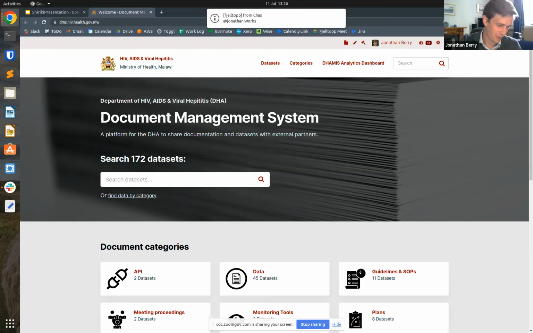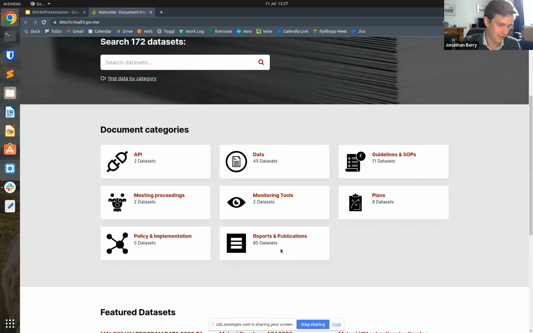Great. Well, we got there. So this is what the site looks like. You may be able to follow in your own browser even. The first thing, of course, to note is that there is plenty of content that has been uploaded to this site by the team, which is fantastic. That content is broken down into a variety of different categories. And it includes program reports and strategy documents. It includes policy and implementation guidance. It includes minutes of important meetings, clinical guidelines and standard operating procedures, and also quarterly program data